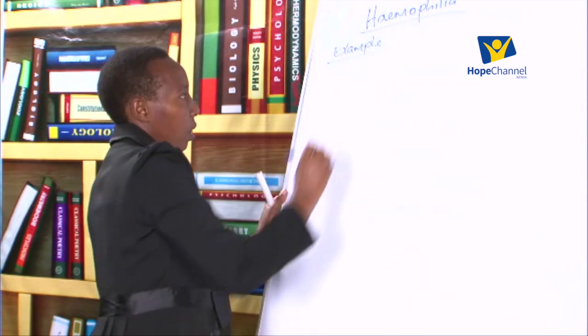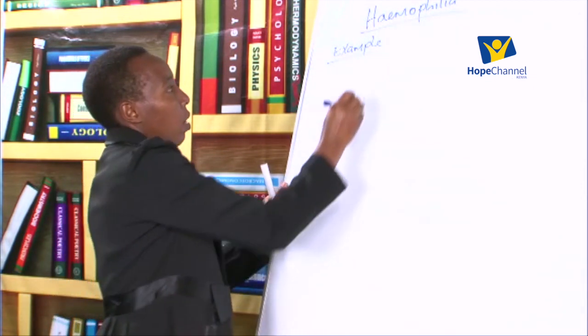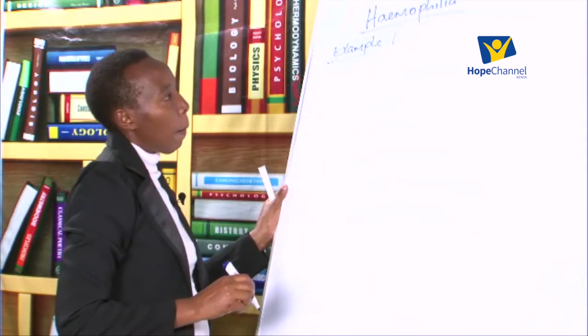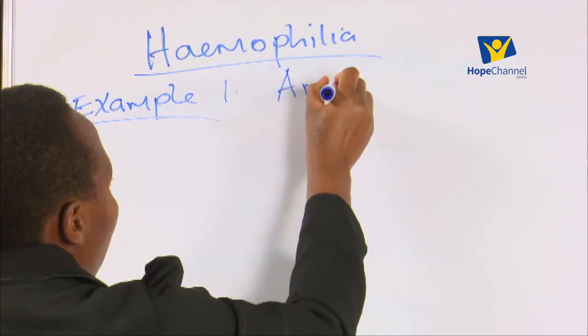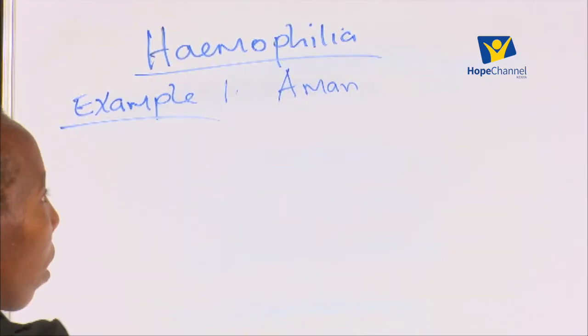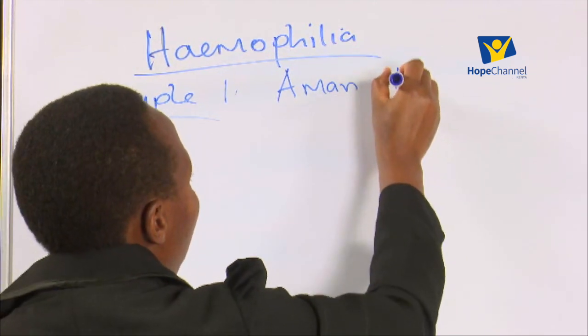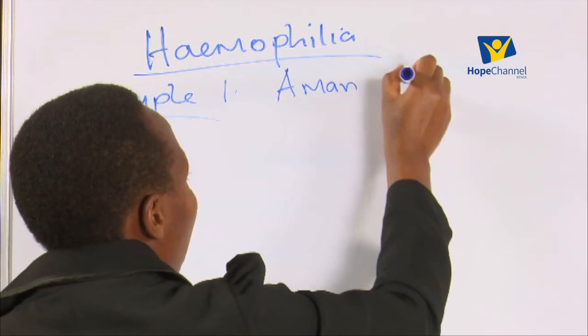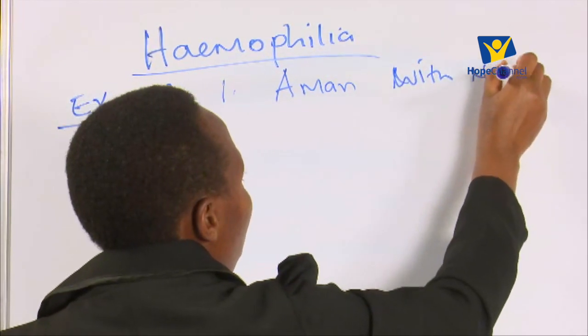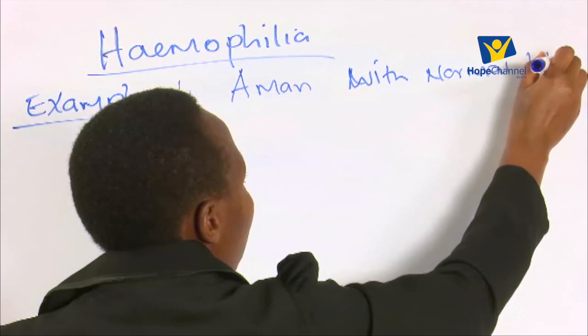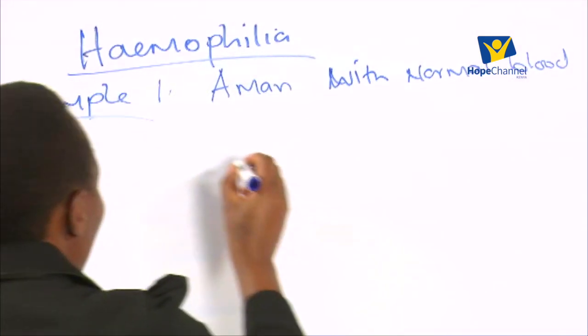You want to give an example. So in example 1, we are going to have a man who is normal, a man with normal blood clotting,